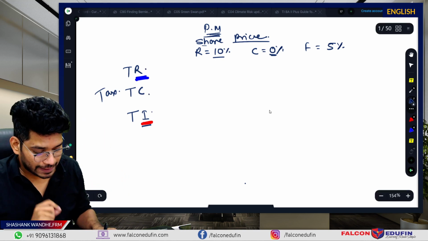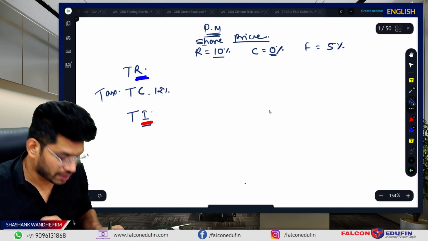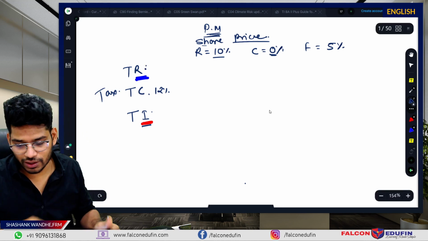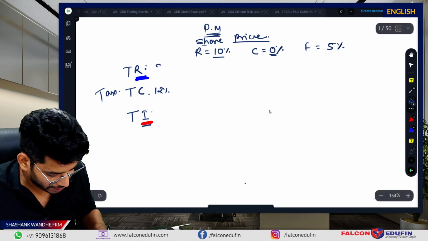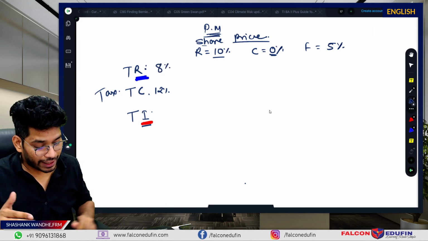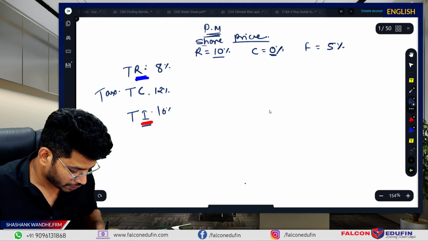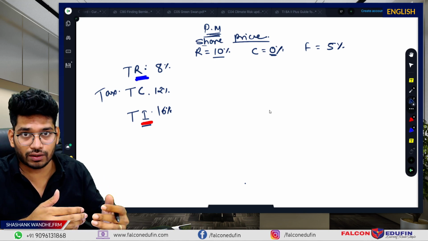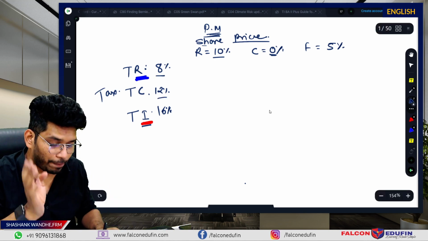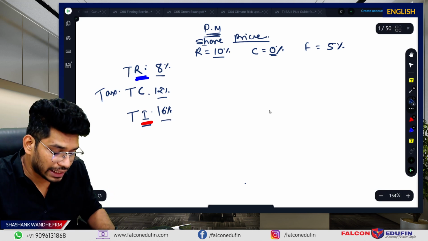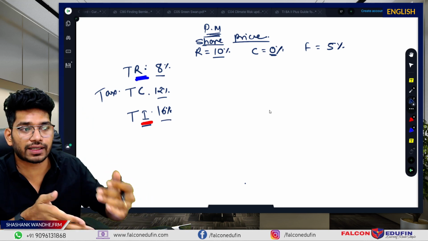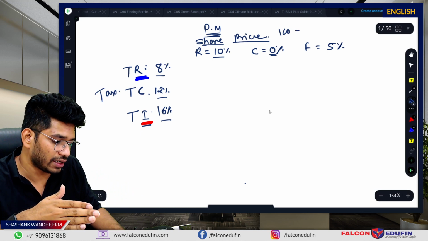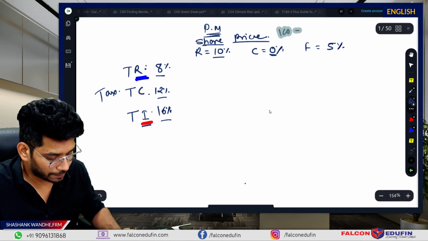Now, tax rate. So the current tax rate is 12%, which is applicable for this particular industry. And if government decides to reduce the tax structure, it will be 8%. If government decides to increase the tax, it will be 16%. Now remember, this is not a rise by. This is 8% tax, 12% tax, and 16% tax. On the other hand, in the share price case, it is rise by 10%, constant by 0%, and fall by 5%. So if you have a share price of 100, rise by 10% means it will become 110.